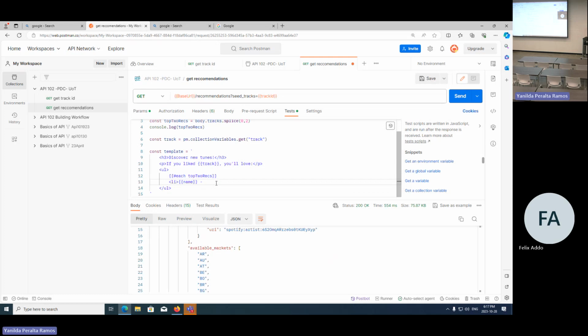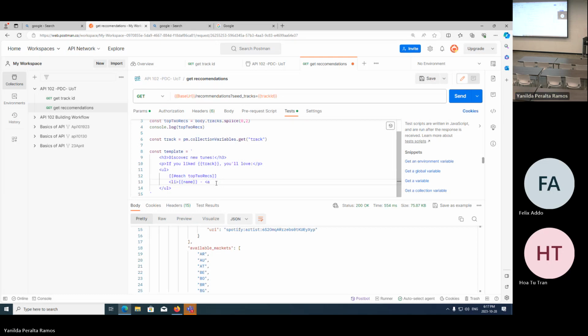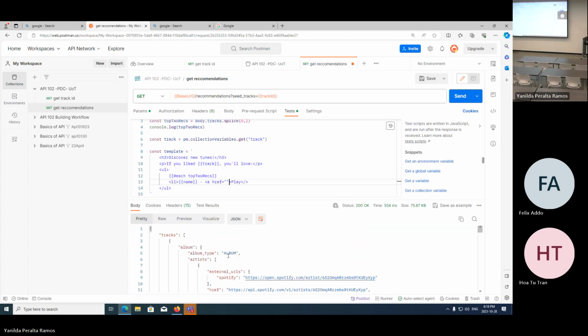And I'm going to make an anchor tag. I'm going to use an anchor tag called, say, play, for them to just go directly and play that music. href. And provide the URL for them to play that music, okay? So this is called here, external URL. So put into here, open, close,